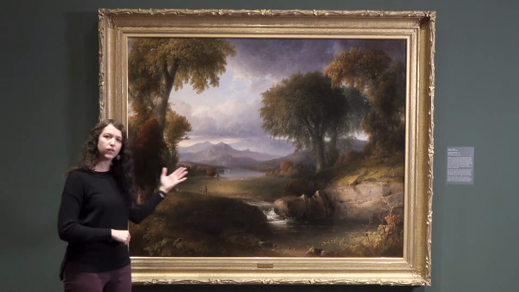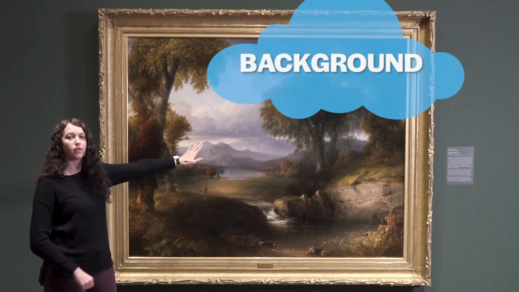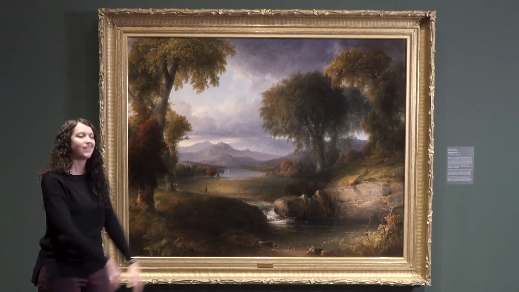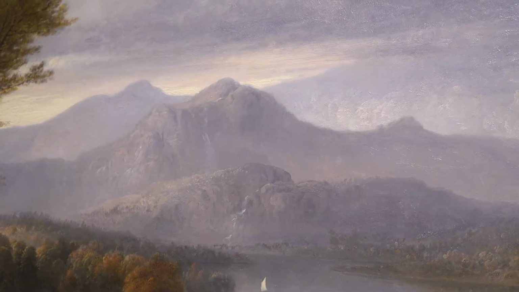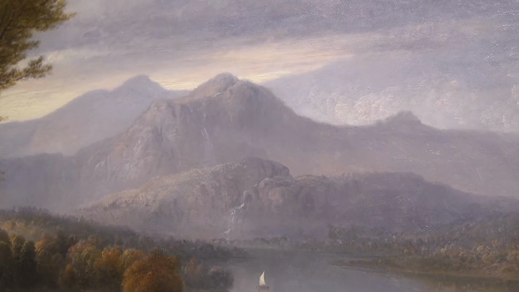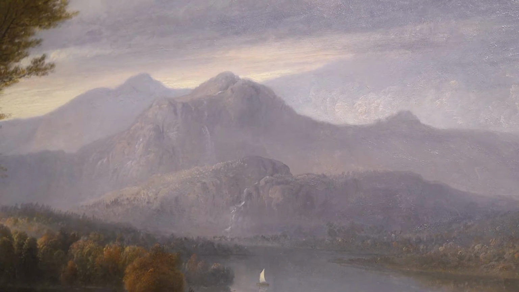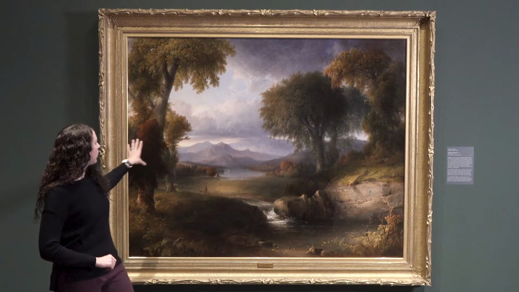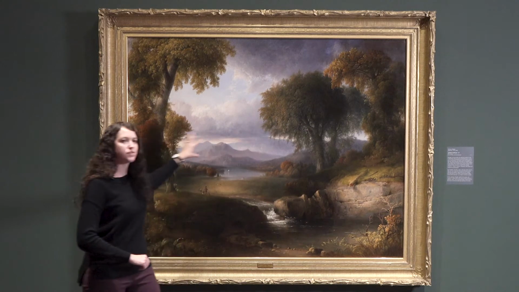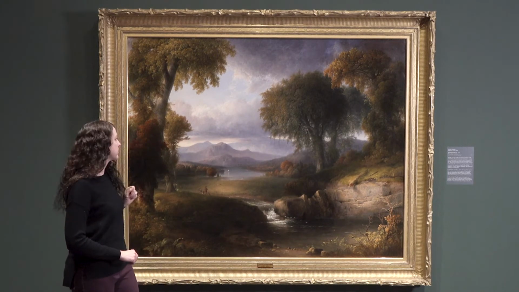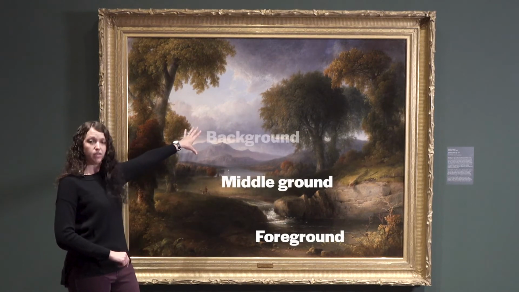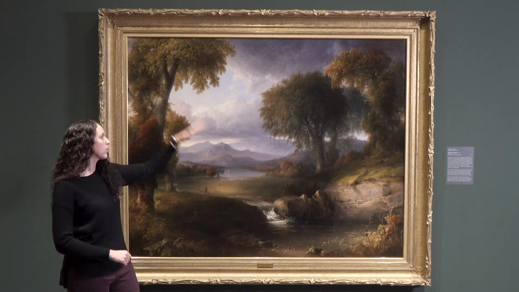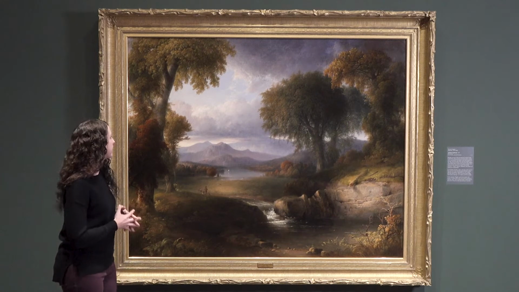And then the very farthest part, that is called the background because it's way in the back. So some of that stuff can be really far away, like these mountains here. Do you see how they're all kind of misty and foggy? That's how things look when they're really far away, like mountains sometimes do. So all of that area that's the furthest from us, that's the background. So we've got our three zones, the foreground, the middle ground, and the background. So that's just a nice way to kind of organize the way we talk about landscapes.